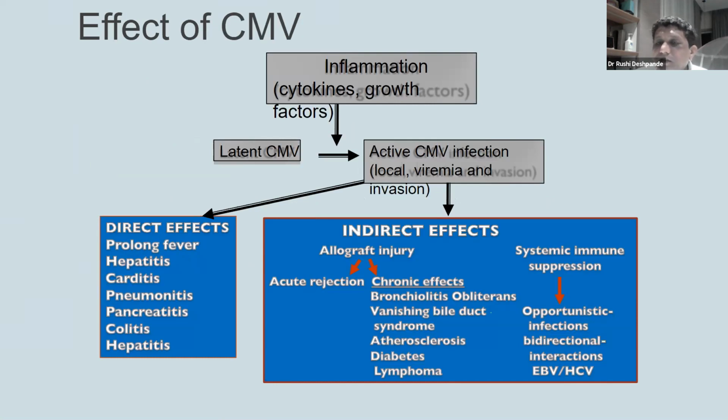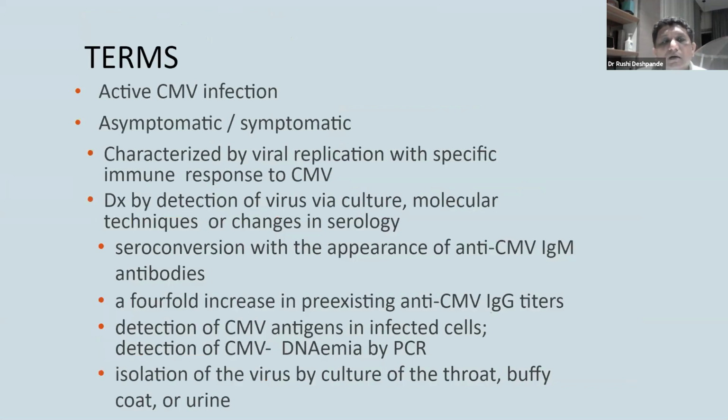Also remember that CMV causes active systemic immunosuppression, and it leads to other opportunistic infections, both bacterial and viral, becoming more common in these patients. So CMV is bad. Important things to remember are asymptomatic CMV. Previously, we used to do CMV IgG and IgM to look for exposure. We used to always think IgG is old exposure, IgM is new. If IgM is present and IgG is negative, it means it's a new CMV infection.